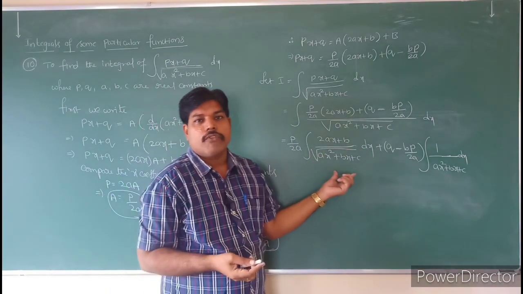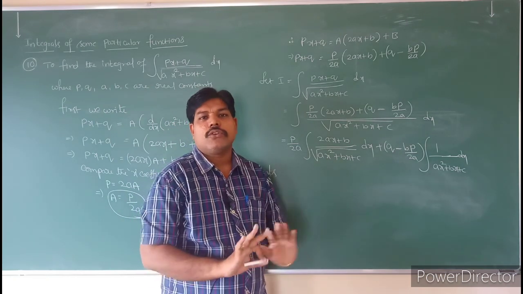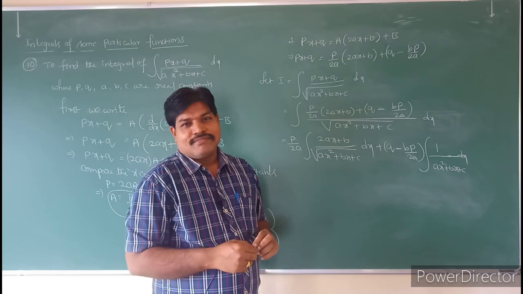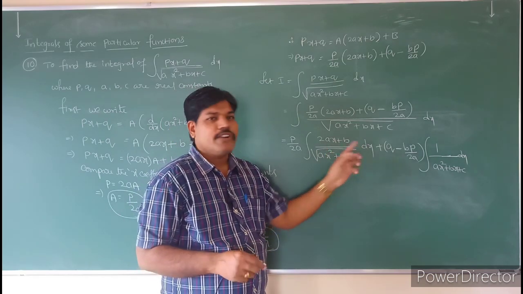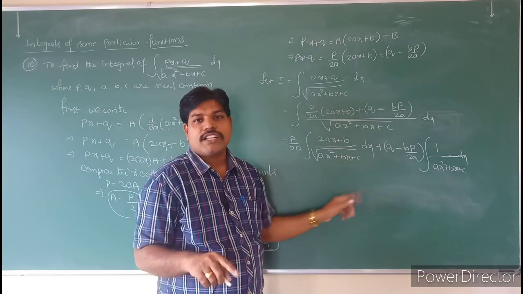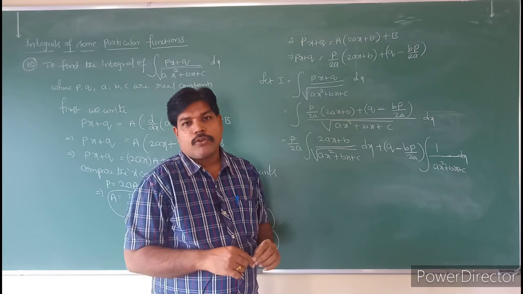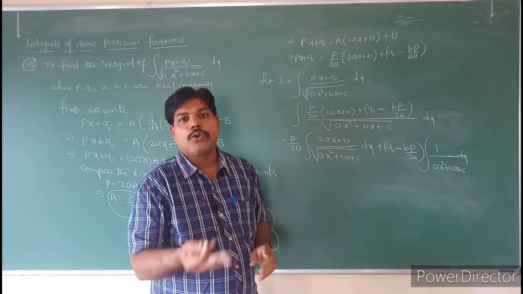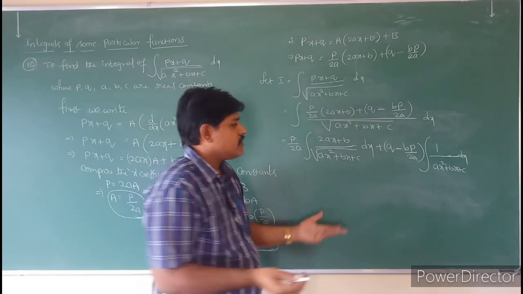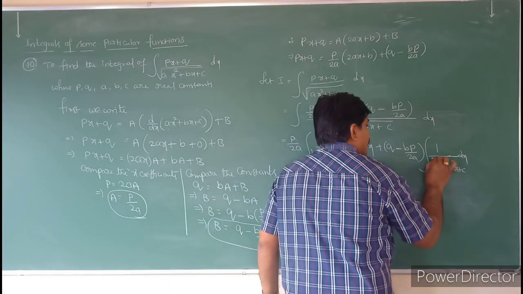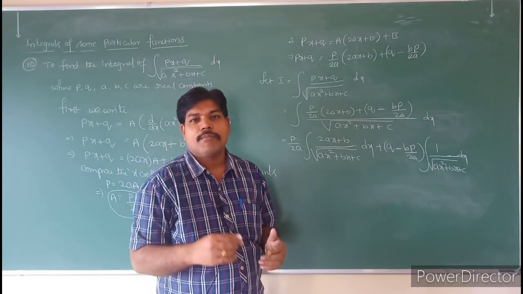So in this one, what we will take, similarly same model, ax square plus bx plus c is equal to t. 2ax plus b into dx value is dt. 1 by root t. Integral of 1 by root t is nothing but 2 root t. So 2 into root ax square plus bx plus c. What is this value? Already I have given that. What is the method? Method number 8.